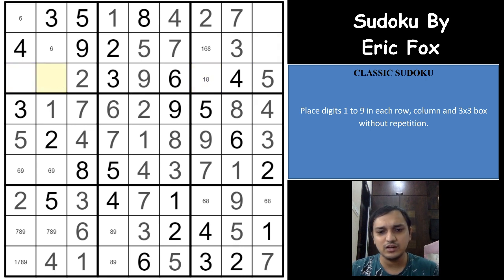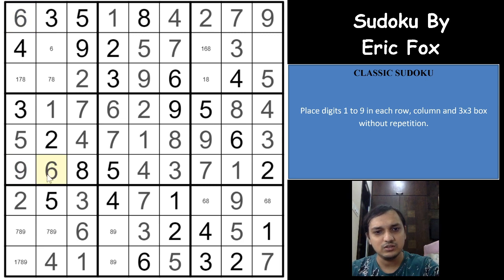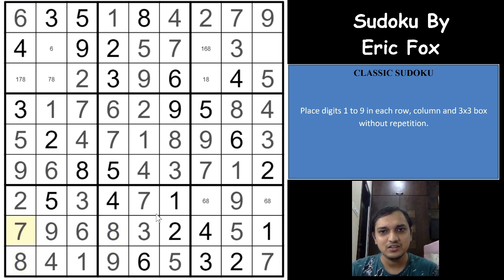So 1 is already there, 7 and 8, 1 7 and 8, right? And the two possibilities are 6 and 9. Because of the 9 here we can directly write a 9 here, a 6 here, a 9 here, a 6 here, and because of the 9 we can write a 9 here, an 8 here, a 9 here, and because of the 8 we get an 8 here, a 7 here. Excellent. See the way the puzzle is flowing now.